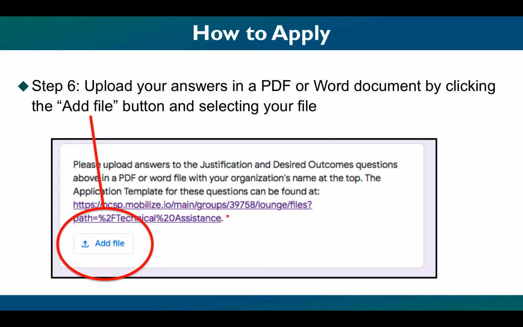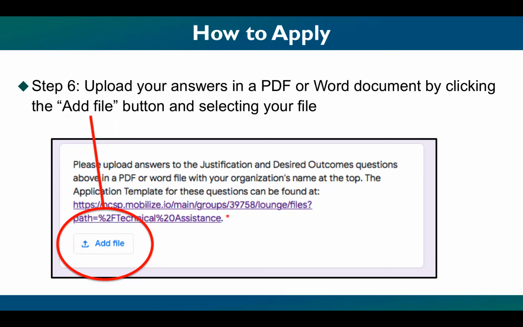One very important note, and I posted about this on the community platform recently, is that unfortunately Google Forms will not save your answers until you've submitted your application. So once you submit it, you will receive an email confirmation of your submission, and that will have a link for you to be able to return to your application, and you'll be able to change or add to your answers then. The one exception is the uploaded file. Once that is uploaded, you can't change or replace it. Therefore,